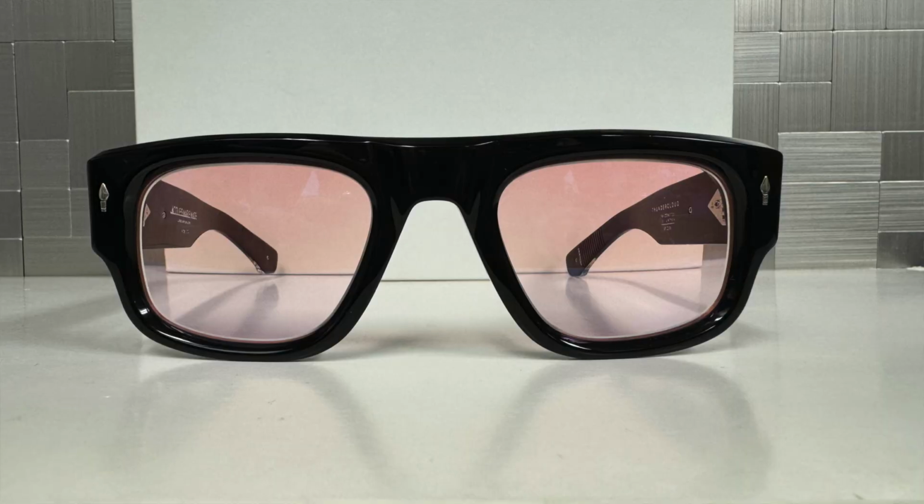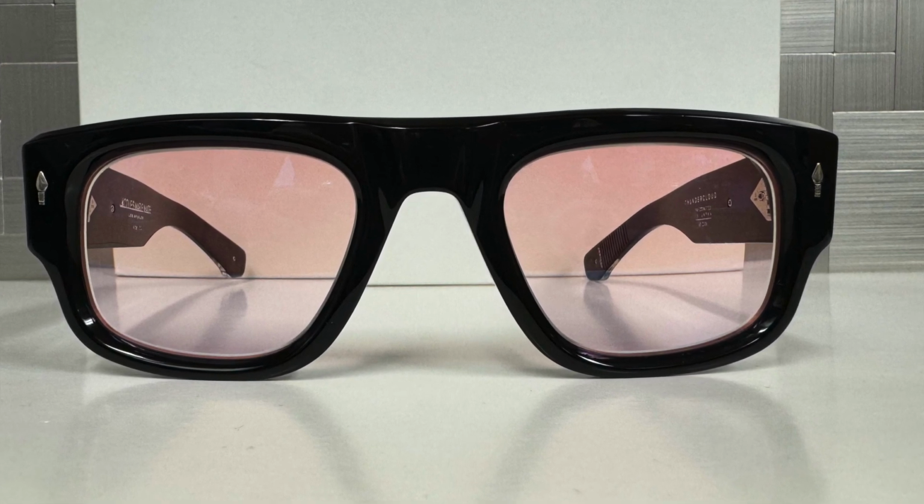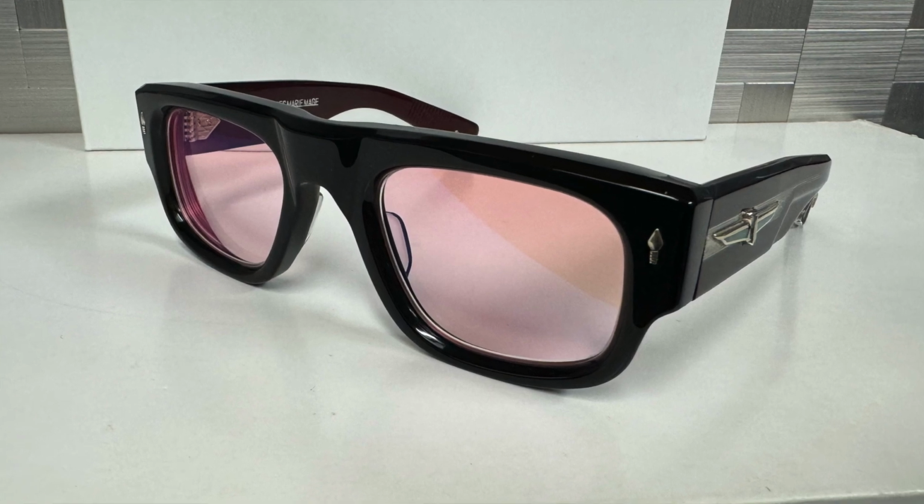So let's talk about this. This is, like I mentioned, Fire Red. And I hope we can see it good enough here because these temples are so thick. But I want you to really get a view for that Fire Red density. We did a gradient version of it, so it fades to a lighter shade at the bottom. And what we did was